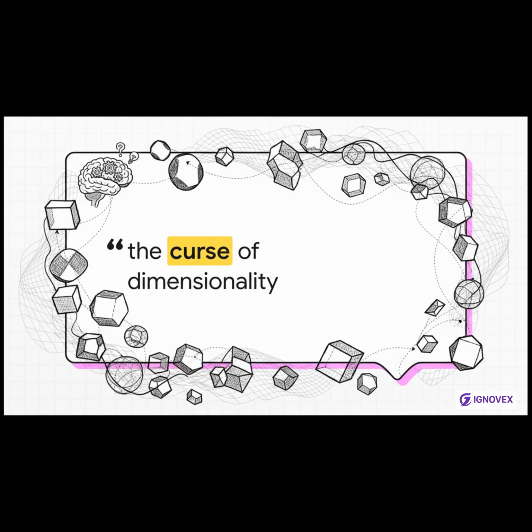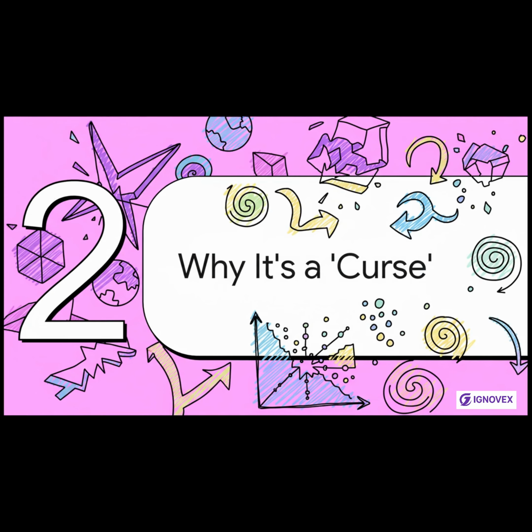And get this, we're not the first people to struggle with this idea. The term curse of dimensionality was actually coined way back in the 1960s. A mathematician named Richard Bellman came up with it to describe all the bizarre, counterintuitive problems that pop up when you start working in these vast, unimaginable spaces. So why do we call it a curse and not just a quirk? Well, it's because in these high-dimensional spaces, the basic rules of geometry that we all take for granted just start to break down. And that has disastrous effects for our algorithms.